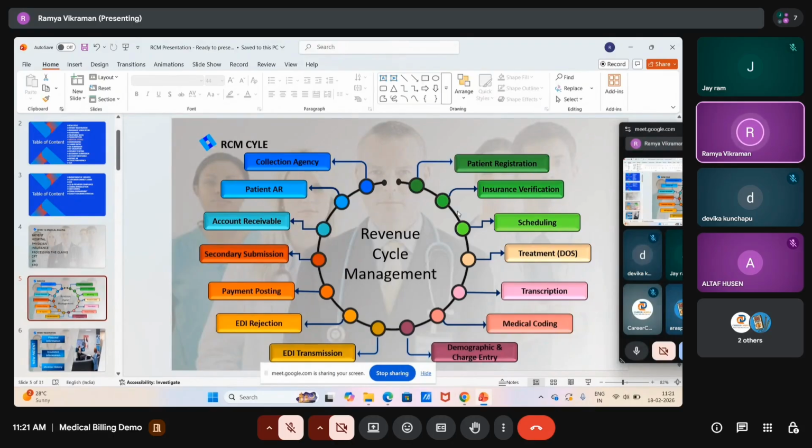Here we have insurance like ICICI Lombard and Tata AIG. Similarly, there are insurance companies operating in the US, like UHC, Cigna, Medicare, and Aetna. Those insurance details they will be providing. Before booking that appointment, the doctor's team will verify with the insurance whether the patient is active for the particular date of service. They will verify the eligibility date when the patient enrolled in that insurance, whether the patient is still active, and whether there is any termination date.